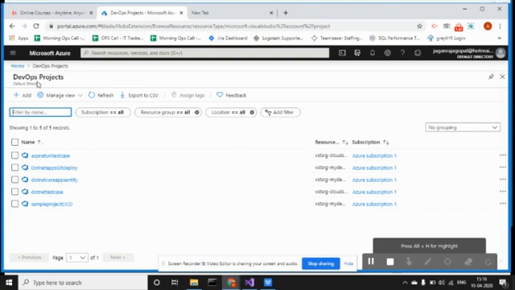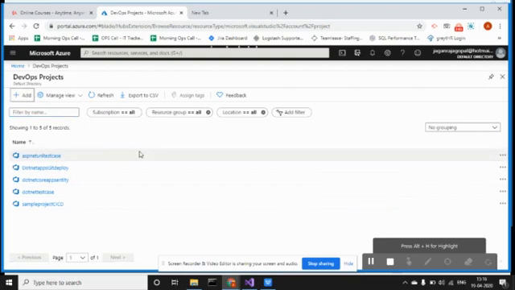Here you need not know what you have to provision, so any dependency for the infrastructure is not required. You only have to map your project file. Automatically, all the dependency files will be created. There is one YAML file that will be created. I'll show you actually. So let us go to this.